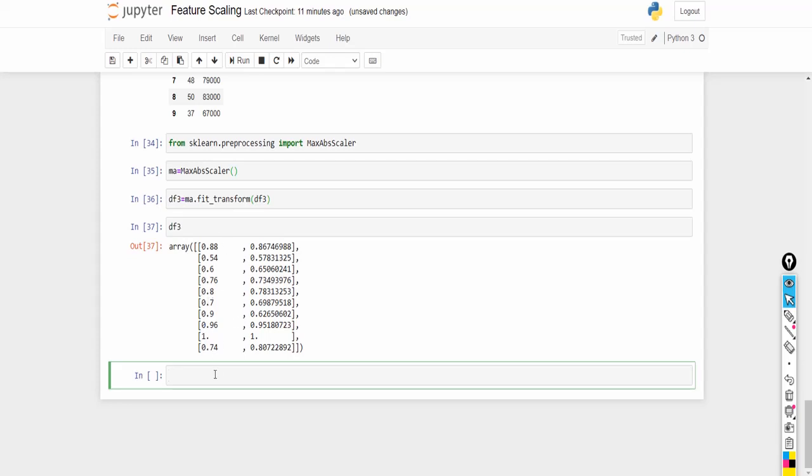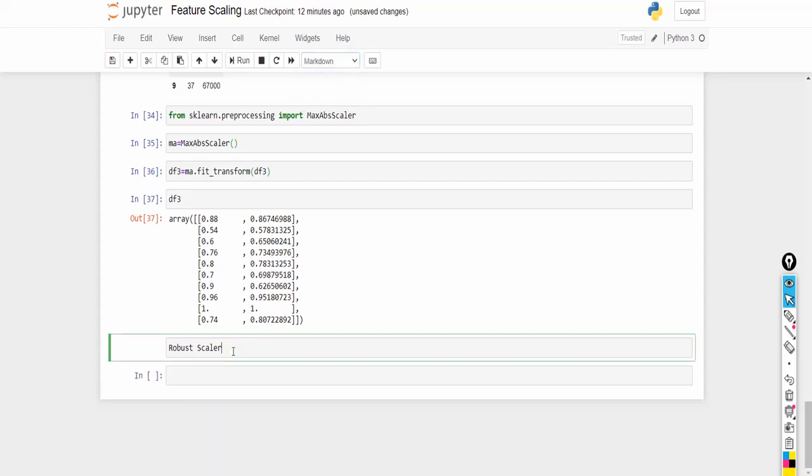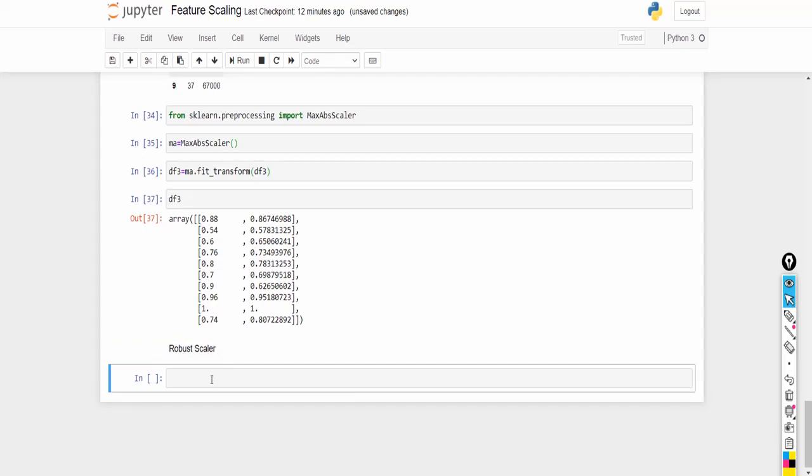Okay, so let me use the final scaler, which is nothing but RobustScaler. Same procedure.